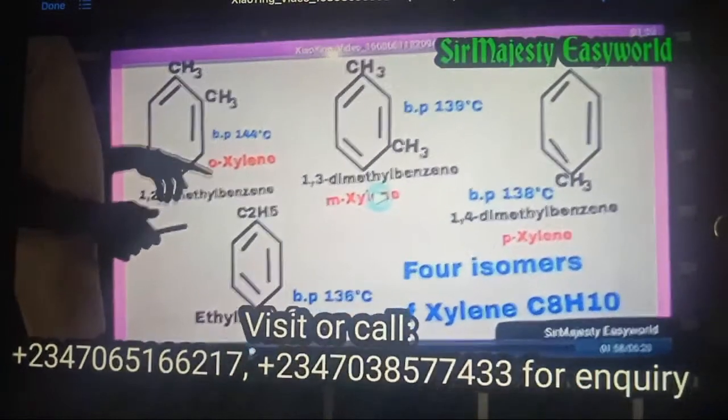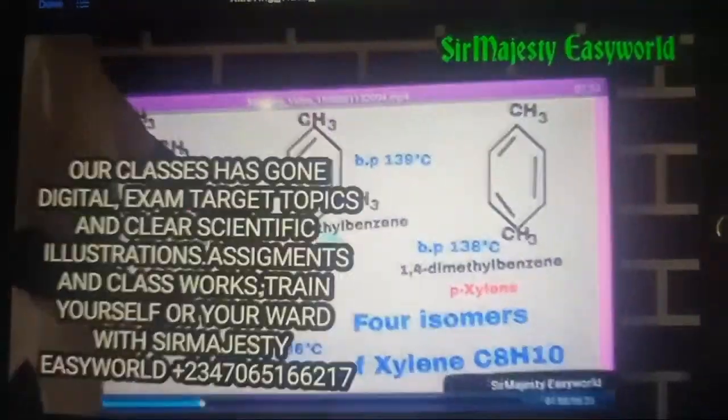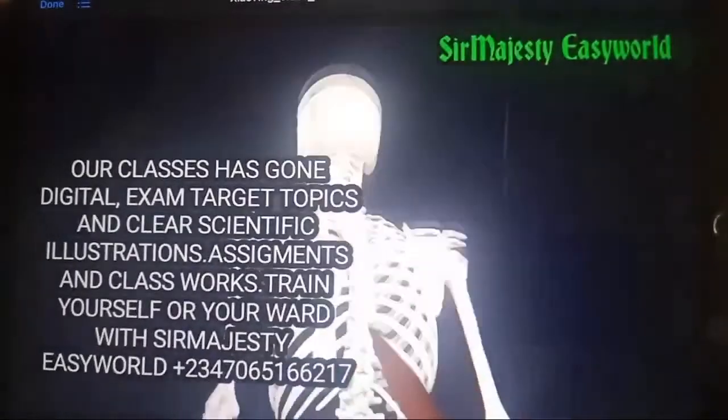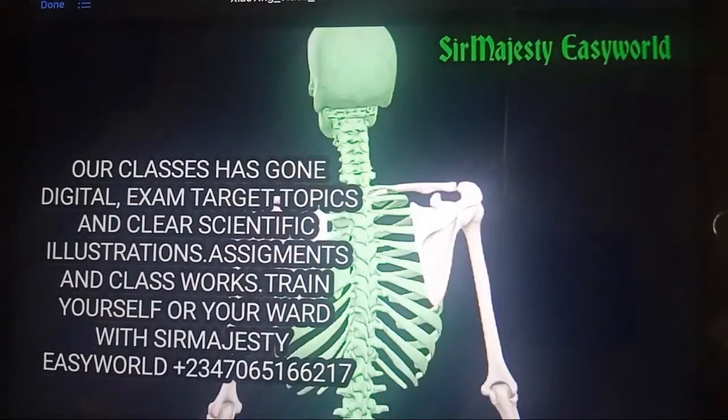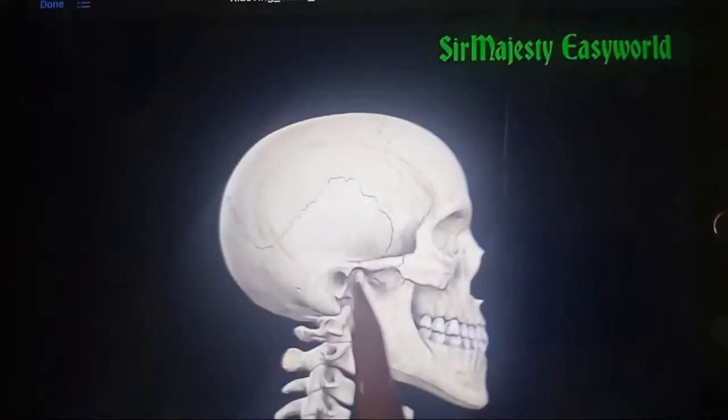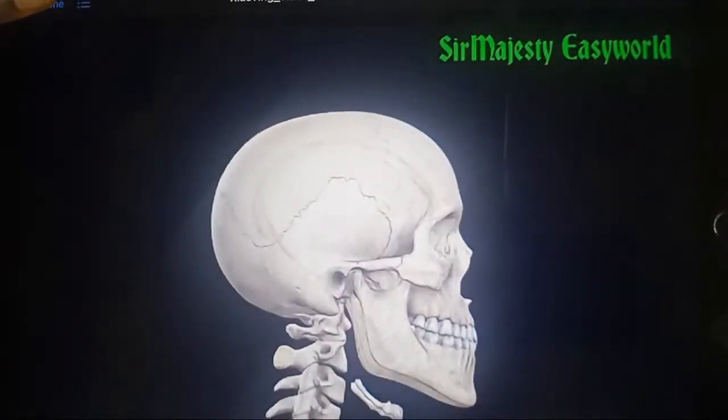This is called O-xylene. This one can now be called M-xylene, and this is called. This is the vertebral column. So we will take a look at the bones that makes up the skull, the trachea here. So that's where your ear should be. Let's